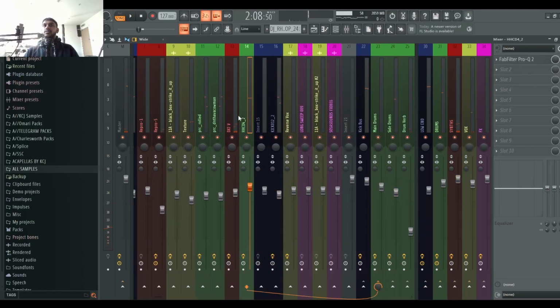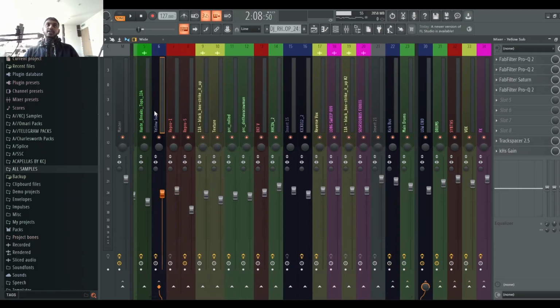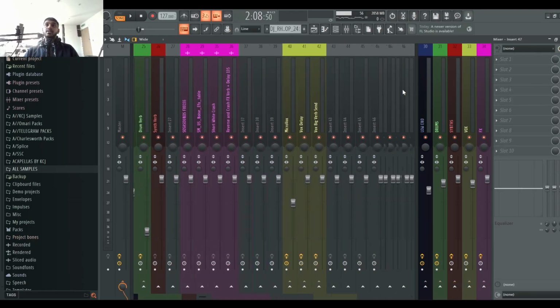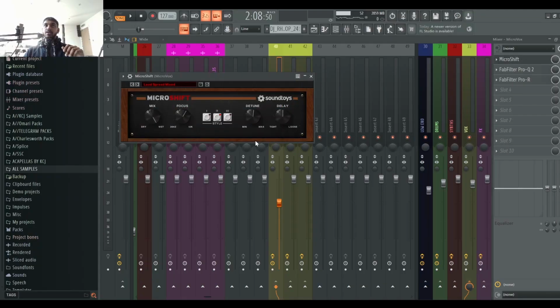Cool, so what's left now? Just the vocals, really. I'd say the main vocal we want to keep central, but there is a cool way we can add a bit of width: the micro shift. Now, I will do a separate video on this, but essentially we create a micro shift send,